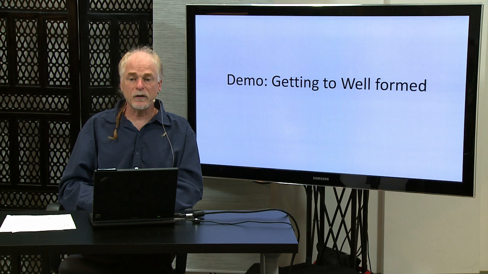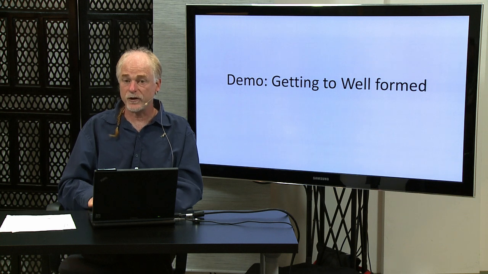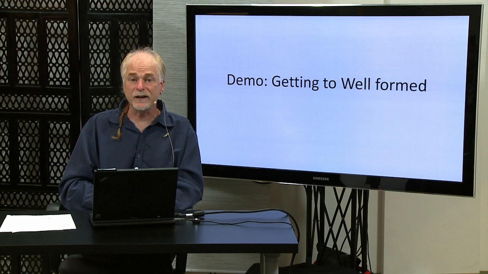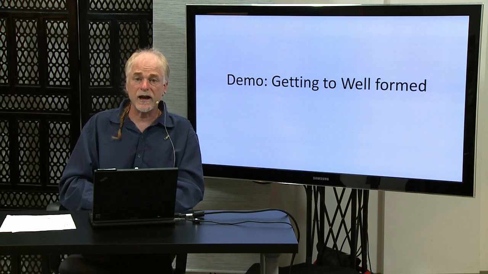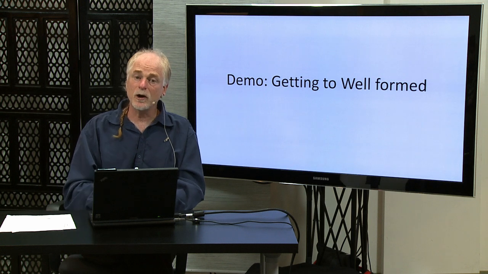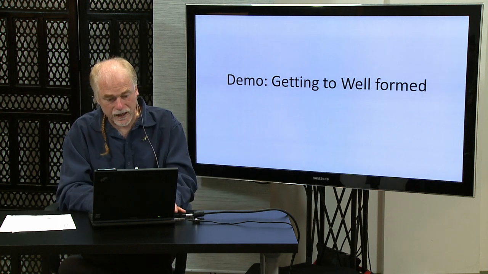When your XML file obeys all of those basic syntactical rules, we say it's well-formed. We'll see in a little while that that's just a baseline. That's a foundation for us. What we really want to get to is this further level of correctness, which is called valid, which requires you to have a schema. But even without a schema, we have this idea of well-formed, which means it's an XML file that behaves according to all those basic rules. So I want to give you a quick demo of how Oxygen helps you get to that well-formed stage. So I'm going to bop back out over to Oxygen,